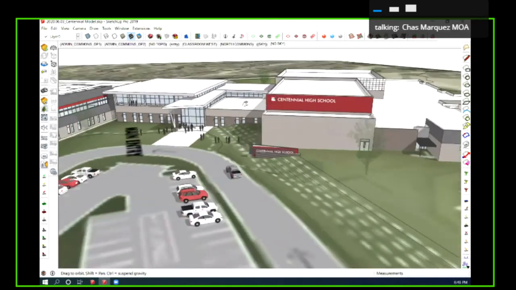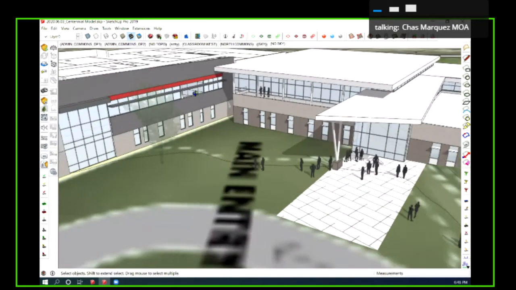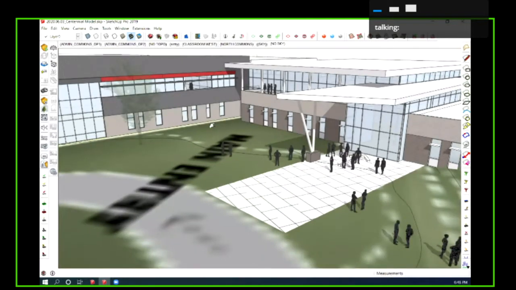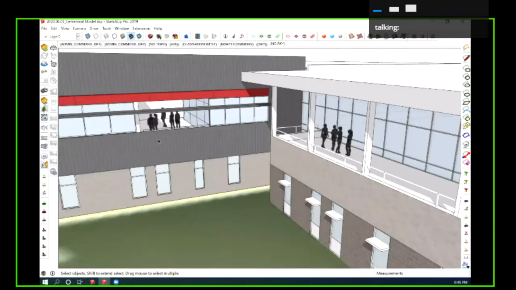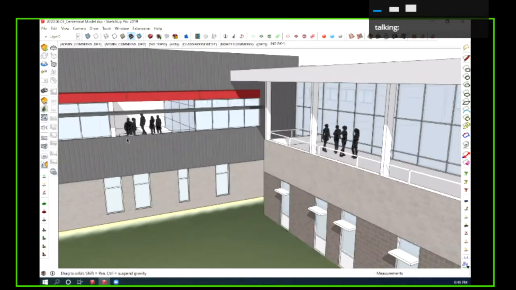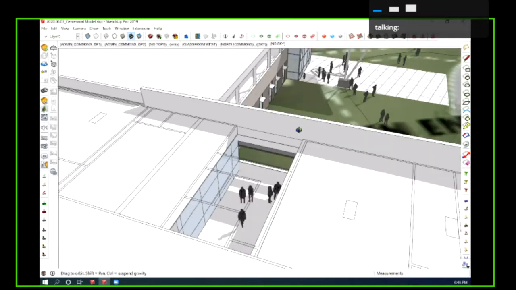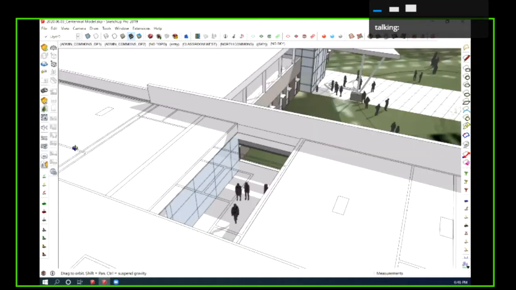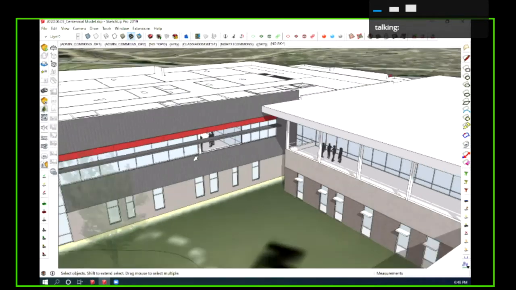Moving back to the classroom wings, just want to make sure that this is clear. It's maybe hard to see with the views that we were looking at earlier, but this space here is the art space. And the art space will have this nice outdoor area to support those learning activities. So it actually has an outdoor balcony space that is open to sky. You can kind of see how that's working. From the facade, it looks like it's all one space, but it actually does step back and has a nice outdoor area for those students.